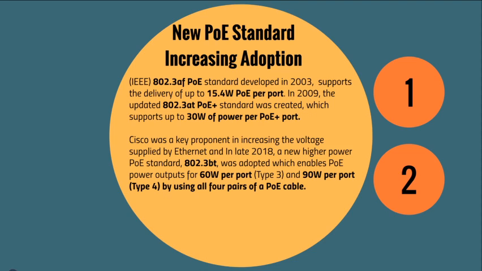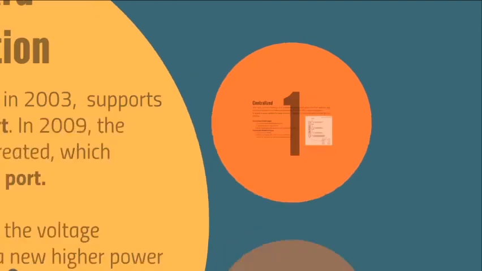There are two types of infrastructure in the PoE lighting space. One is a centralized architecture and the other is a decentralized architecture. Let us dig down into both architectures and understand the technicality.